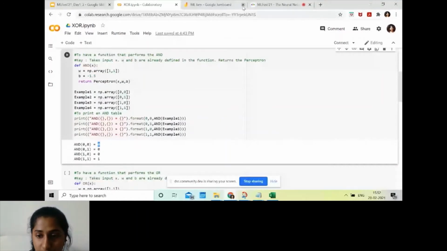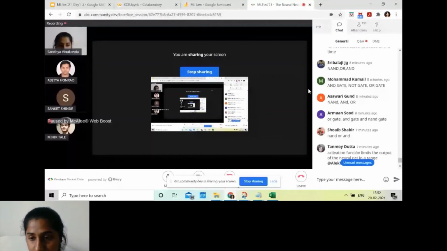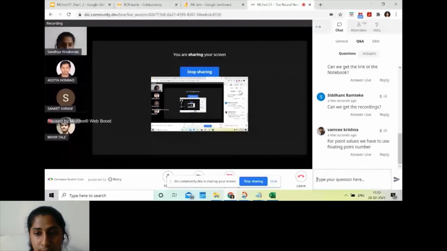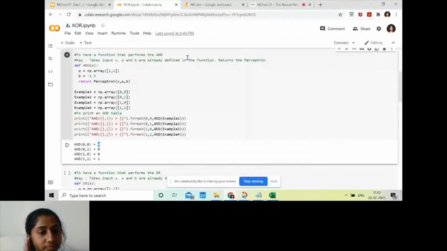So do we have any questions? Is it visible? Yeah, it's visible. Guys, if you have any question, put it in Q&A. And regarding the links to the notebooks, yeah, we'll let you know soon, and we'll let you know how to get those links as well. But at first, I think you guys should be mainly focusing on actually how these things are working, right? So if you have any doubts, put it in Q&A. We'll be happy to answer those.